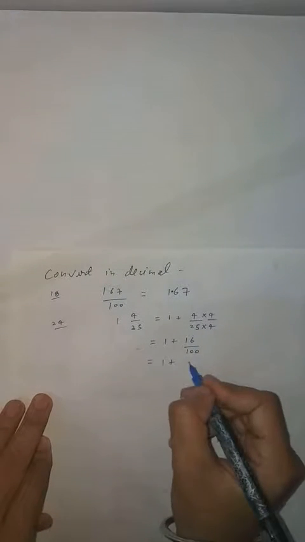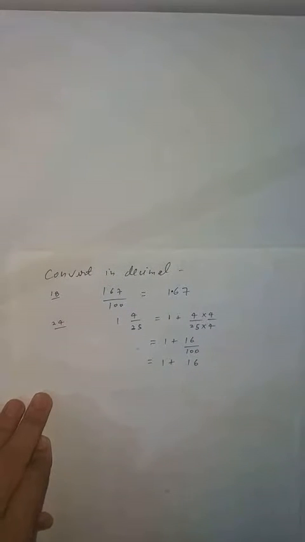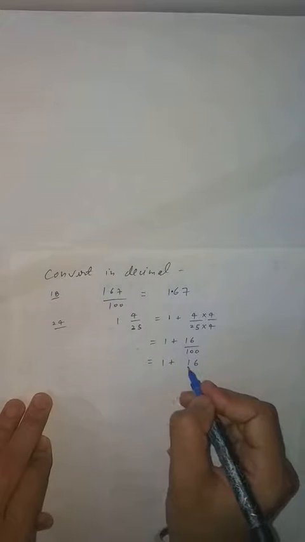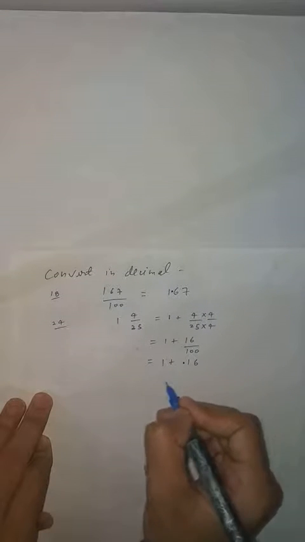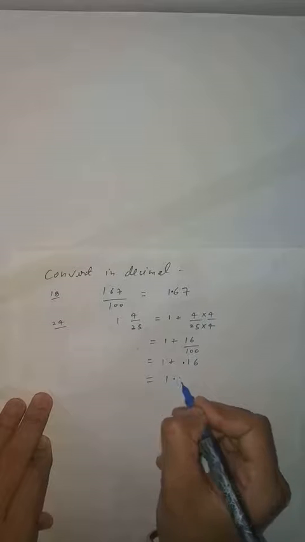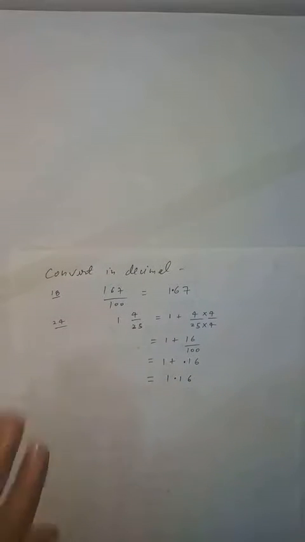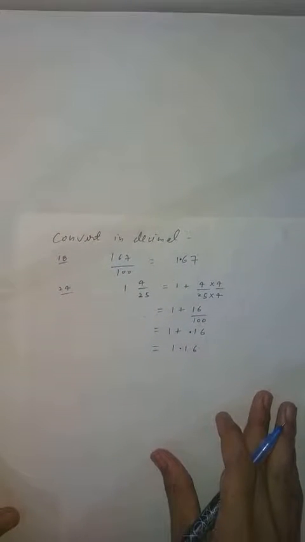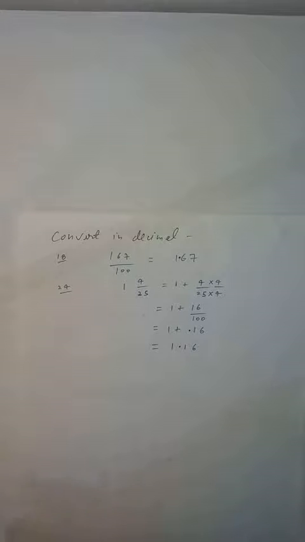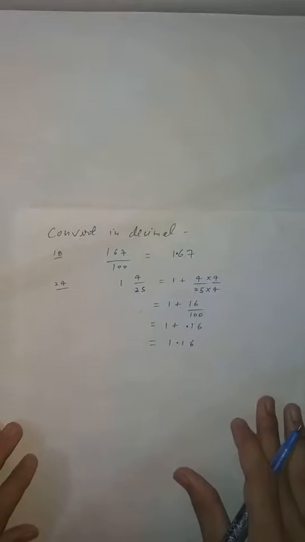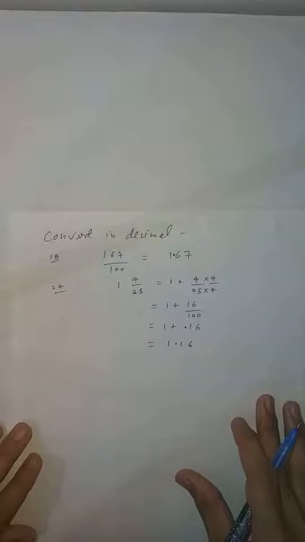How? 16 you will write down same. After decimal there should be what? There should be 2 digit, and here you can say 2 digit. So decimal you will put here. So clear? It will become 1.16. Clear student? I think this is clear. Very easy question. Now you are able to solve. Clear student? So now this is our question. Clear student? Now come to the next question.